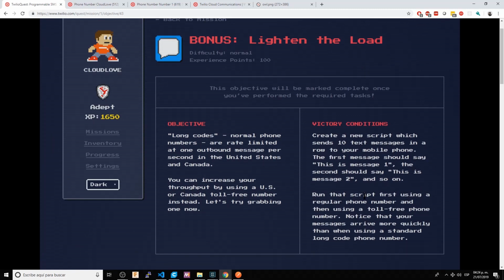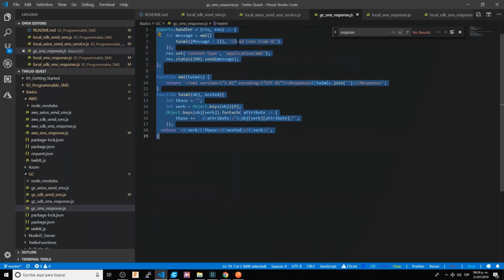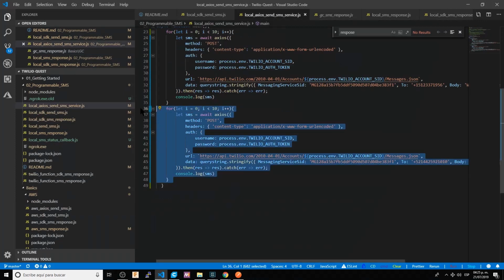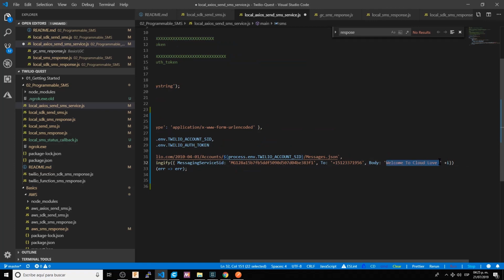Then create a new script which sends 10 text messages in a row to your mobile phone. The first message will say this is message 1, and so on. First using a regular phone number, and then using a toll-free number. Okay. So they're asking us to basically repeat the same process that we just created for the Copilot, but instead of using a service, we have to